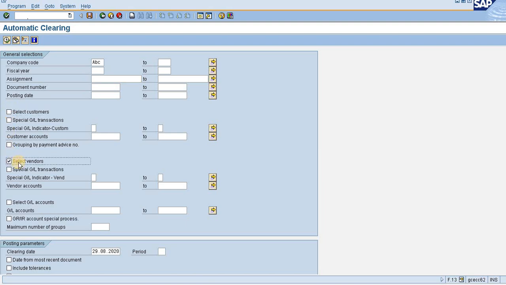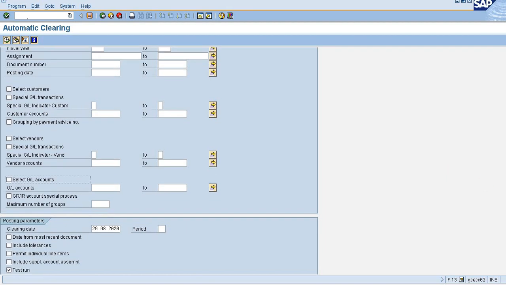Select vendors means you can clear your vendors. Select special GL transaction means you can clear your special GLs here. Select GL accounts means you can clear your GL accounts here. So this transaction is the automatic clearing for all the customers, vendors and GL. So it's your choice what you will clear.